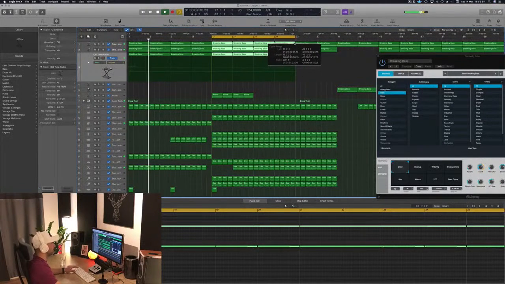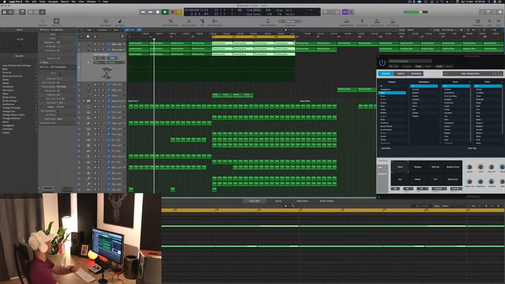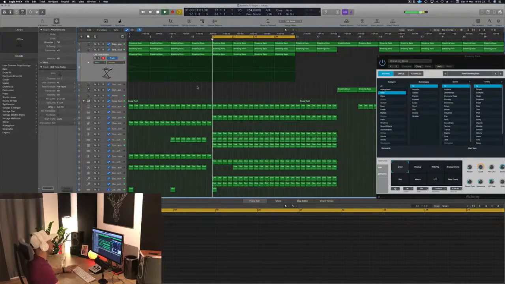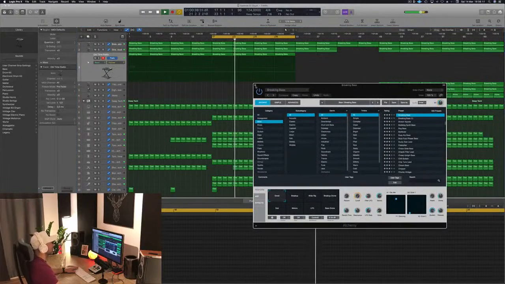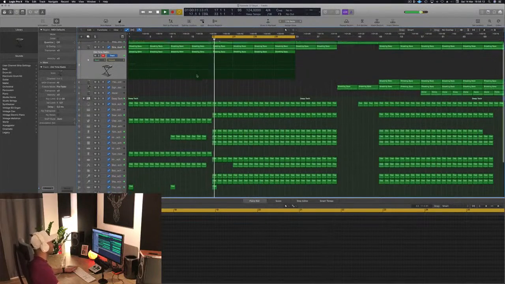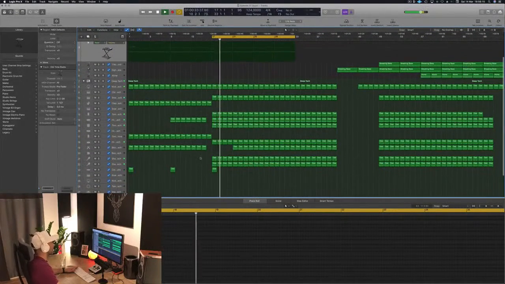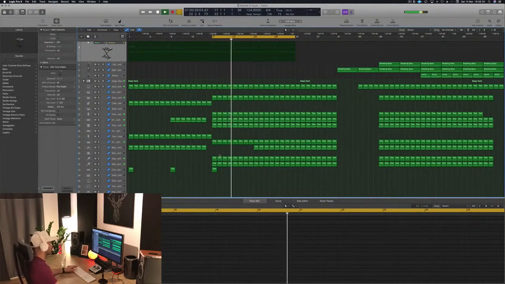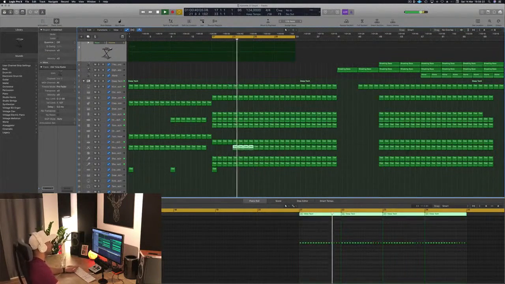I'm gonna go back to it, but now we're just gonna do the next segment. This pad, not yet. It would be good to enter the